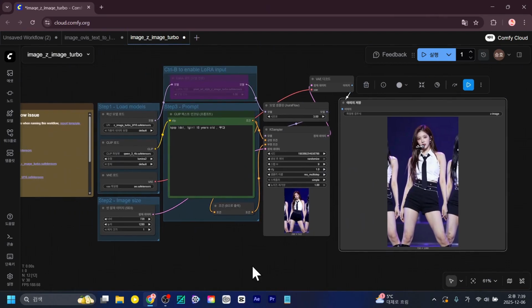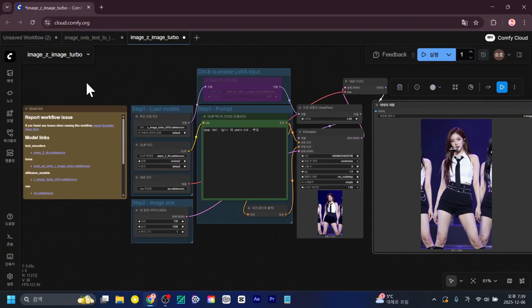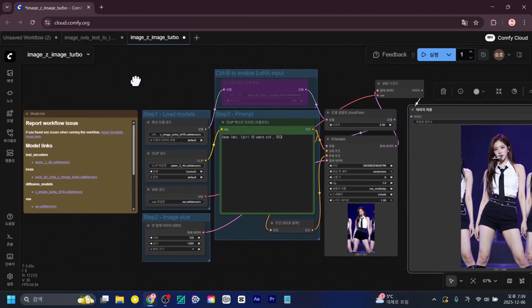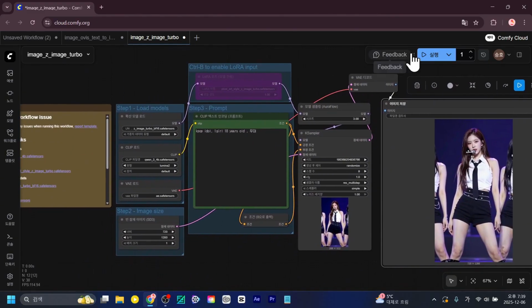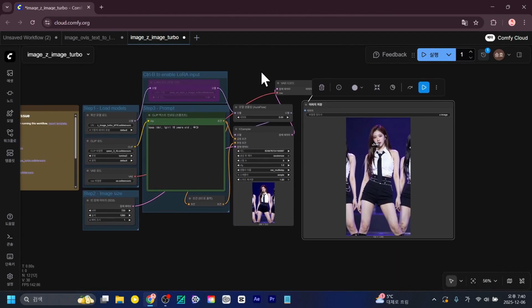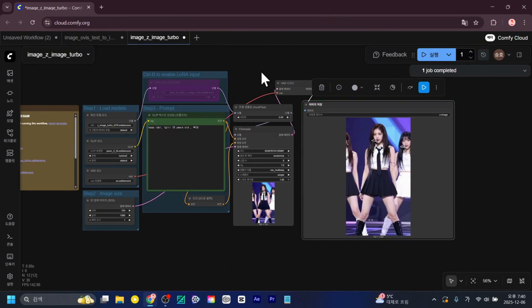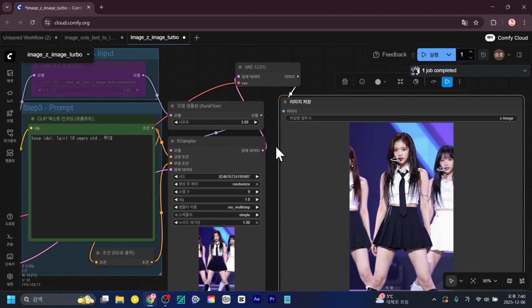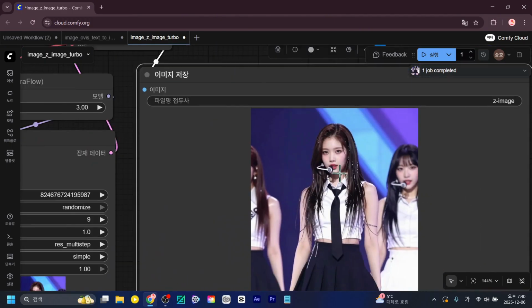Today we're going to take some time to look at the various new features that have been added to the ComfyUI cloud-based platform. The Z image we worked with in Lesson 1 has been updated and now it's turbo. It's become turbo mode. That means we now have ultra-fast generation capabilities, so we can try it out together. The generation speed and size options are more diverse, and it seems to take about 3 to 5 seconds to generate. The results themselves are quite decent, produced at a very high quality.